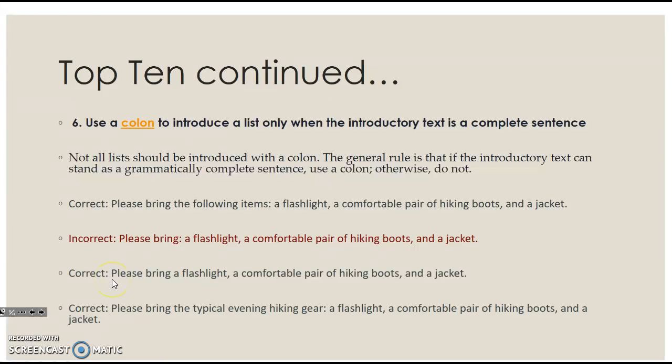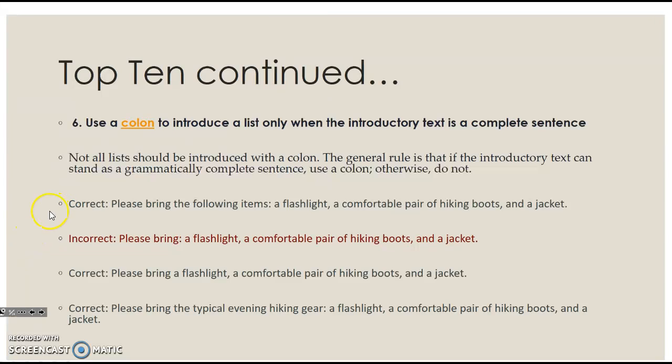Here's another correct one. Please bring a flashlight, comma, a comfortable pair of hiking boots, comma, and a jacket. We didn't need the colons here, so that works. Or this is correct as well. Please bring the typical evening hiking gear. All right, that's a complete sentence, so we have a colon, and then we can just list out the items